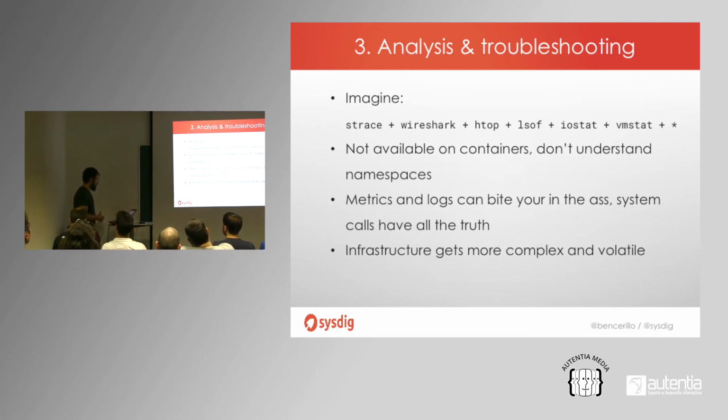Imagine if all that tool set was ready for containers. They understood namespaces. Imagine that you not only have the metrics, but all the activity that's happening inside the containers, access to file descriptors, sockets, file system, network, everything. And what if we could dump all that information into a file for offline processing and analysis? Because when you have a broken container, it starts, it crashes, it dies, it's not available anymore. We cannot SSH inside, we cannot do Docker exec bash because the container is gone because the process has crashed. So we need different ways.